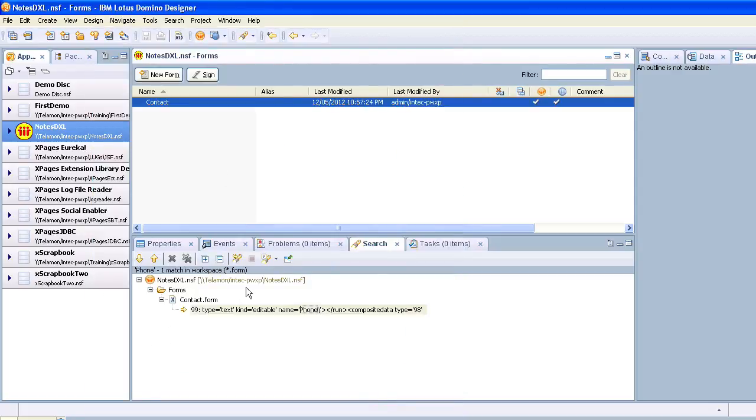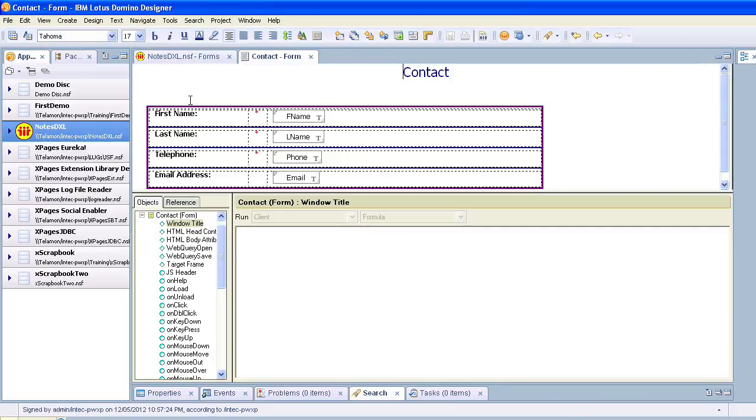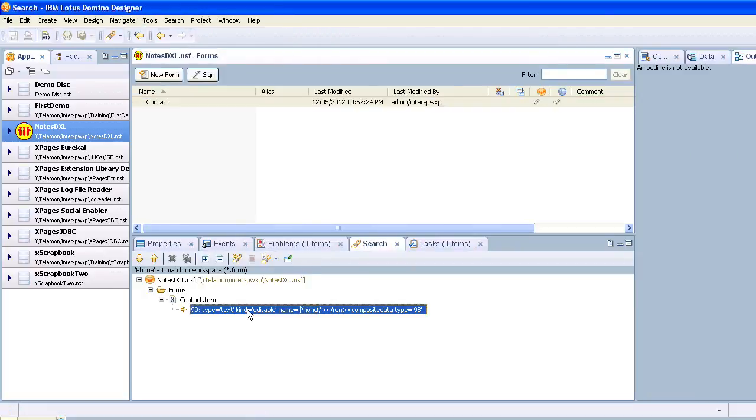It's only the default for Eclipse based editors, so it's only the default from the search or from the Package Explorer. If I open it from the view of forms within the database, then I still get the normal editor that we're used to. But now if I open it from the search,